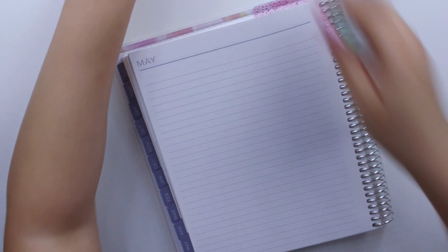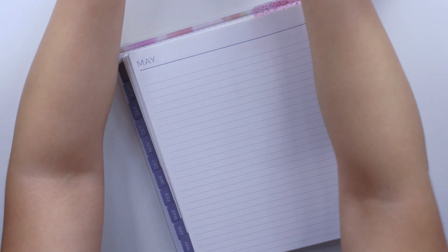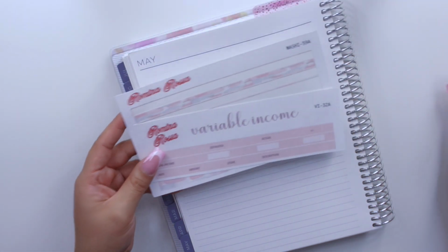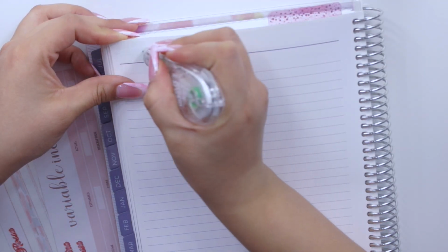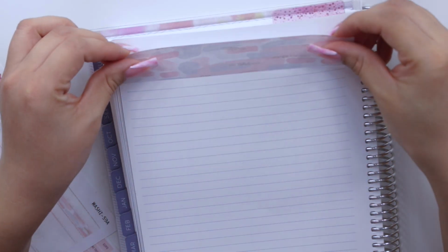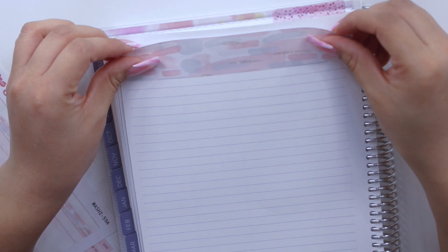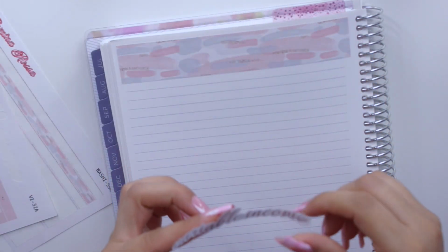I'm going to first set up the variable income page, which I like to have next to my budget spread. So first, I'll just write the month out. Just take the leftover washi from when I set up my budget and lay this down up here. And then I'll write out my sources of